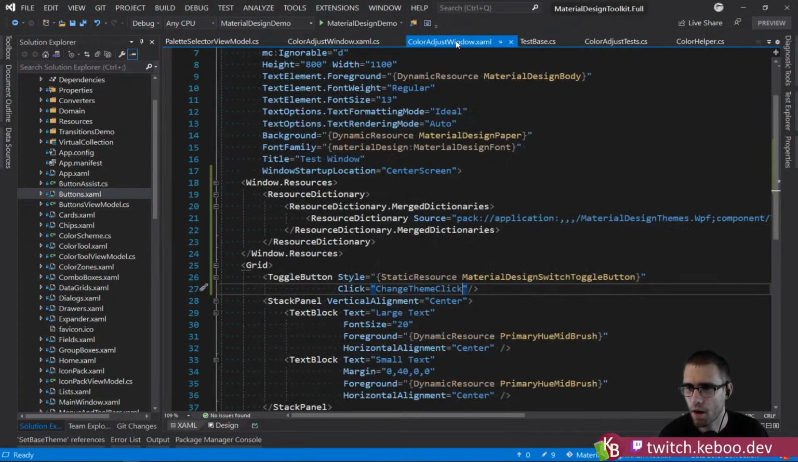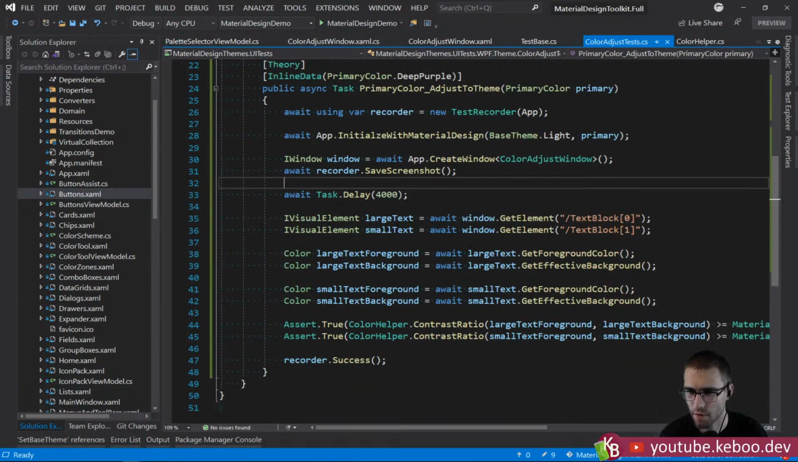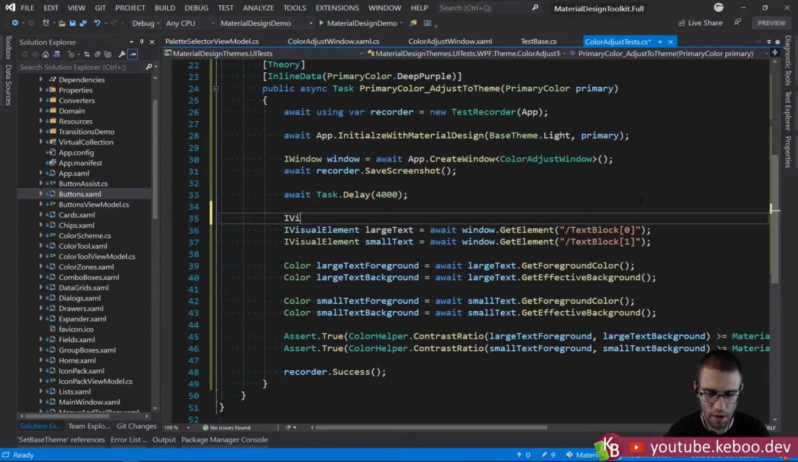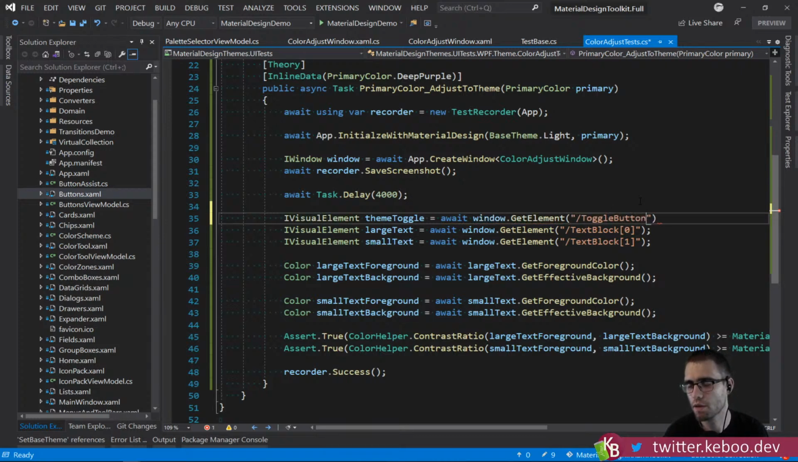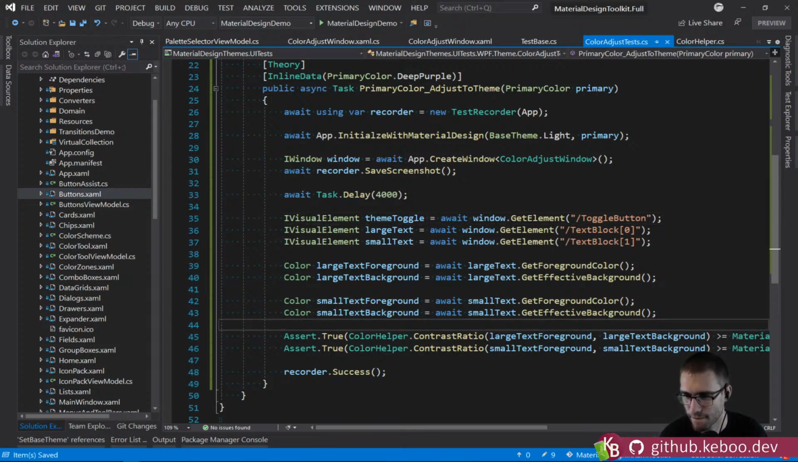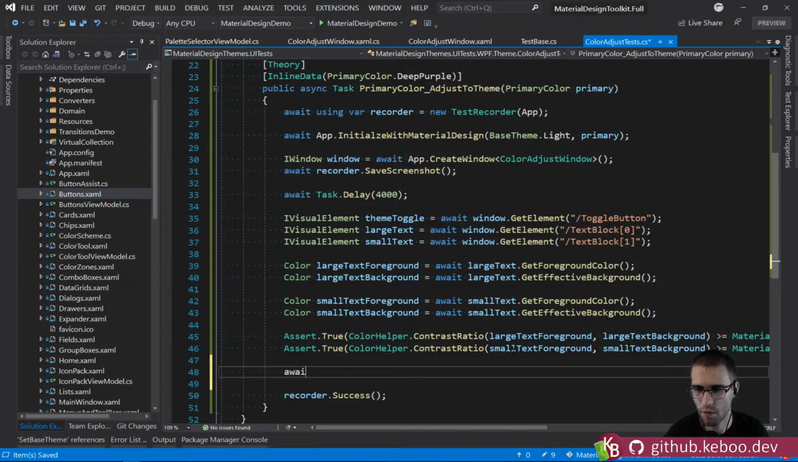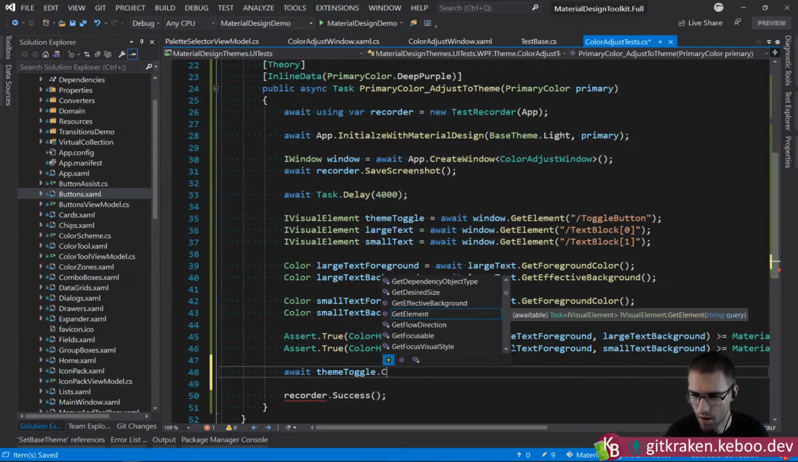That'll work. Okay, so I guess we'll just find him by type. We don't need to give him a name. Okay, so back to our test, right? So let's do IVisualElement themeToggle gets await window.GetElement, and we will find the only ToggleButton on the window. Great, and then I think we will do await themeToggle.Click,